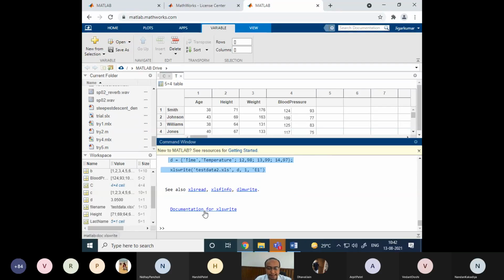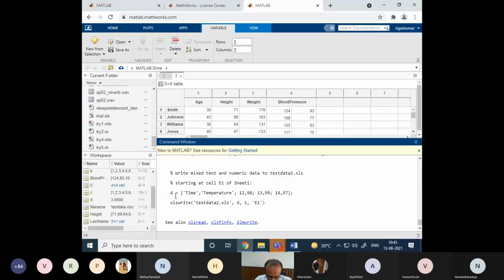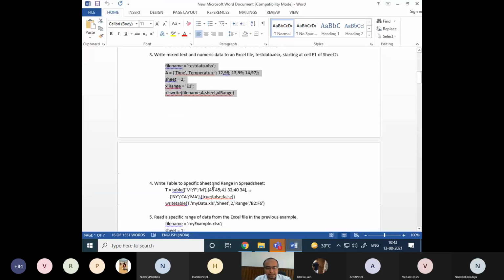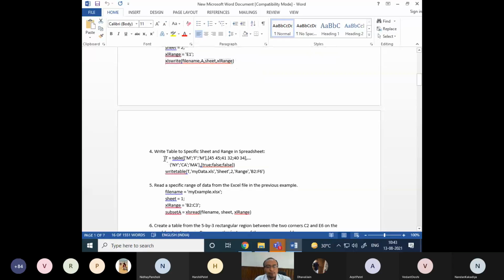So this you can just study in the help later on, when you have the offline installed MATLAB, and we can directly use it. We usually do not need this because we do not need to write cell data directly into Excel. We always handle tables in MATLAB, and then we write the table data into Excel. So let me bear with this limitation. And now we go with this.